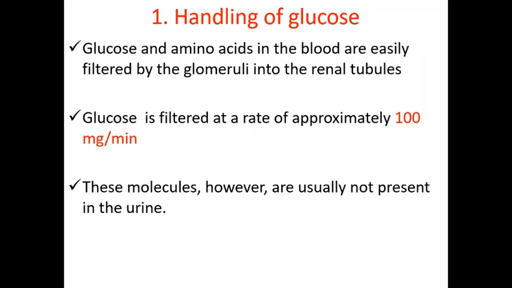So glucose and amino acids in the blood are easily filtered by the glomeruli into the renal tubules. Much of this glucose and amino acids are so small that they are easily filtered by the glomeruli into the renal tubules. It will become tubular fluid. So glucose is filtered at a rate of